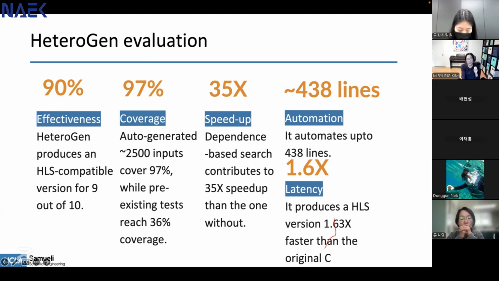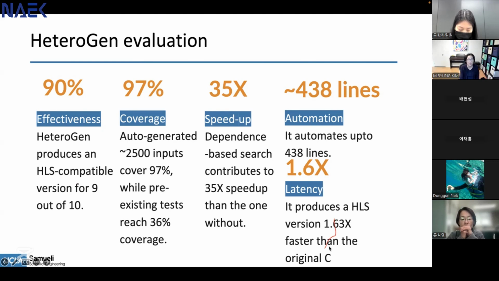The human manually crafted versions are about 2.4x faster, but this is fully done automatically within like an hour of compilation. So this is really impressive because there is no manual effort in terms of redesigning the application to make it high-level